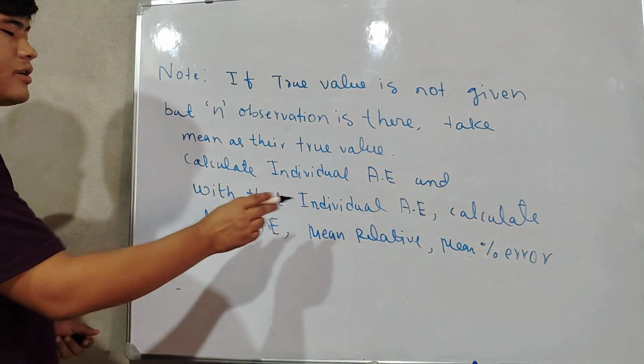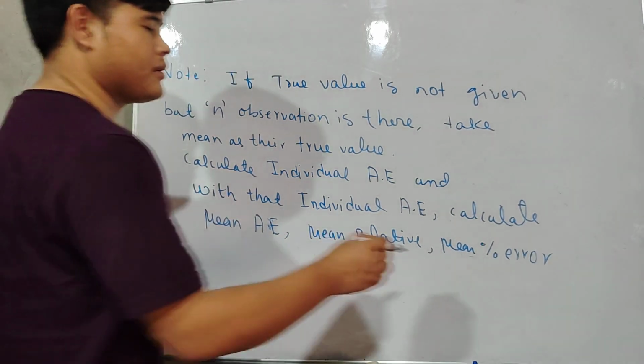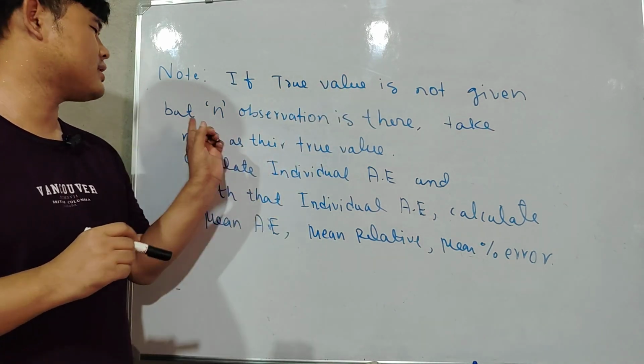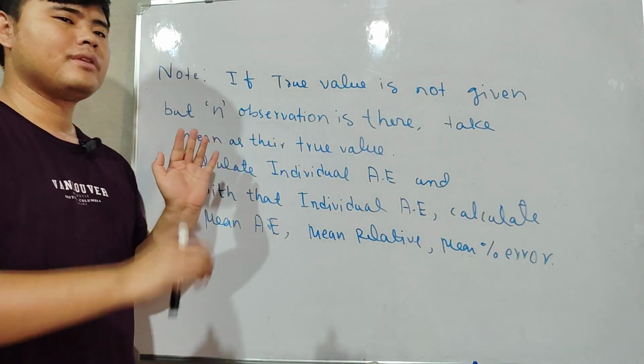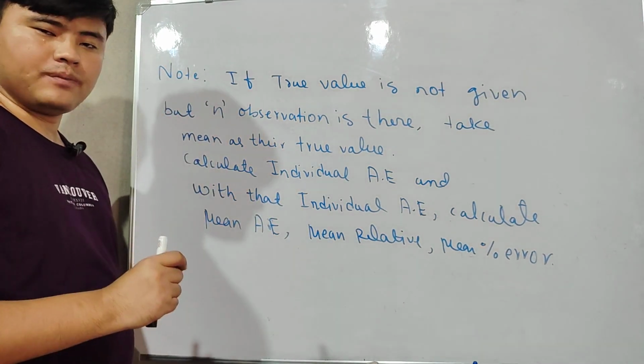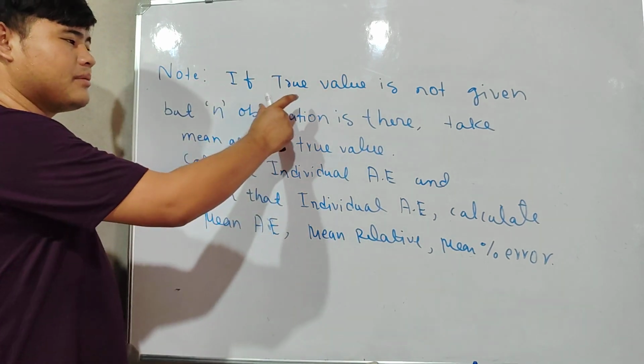Okay, calculate mean absolute error, mean relative error, and mean percentage error. So you write it down. If the true value is not given, but n number of observations are there, then the mean will be the true value. After finding the true value, for each value you find the